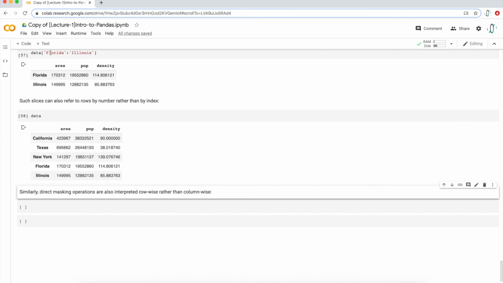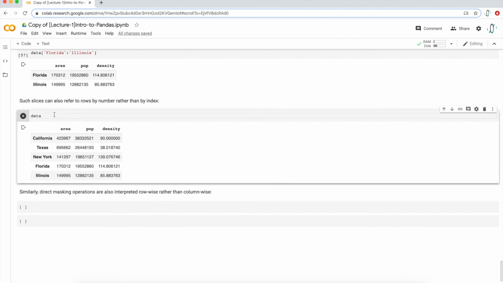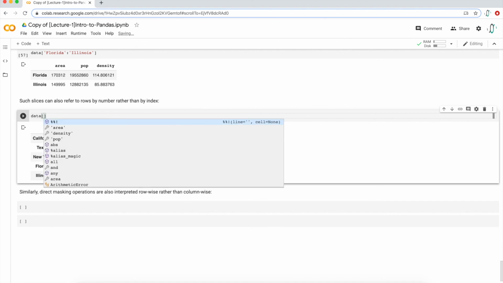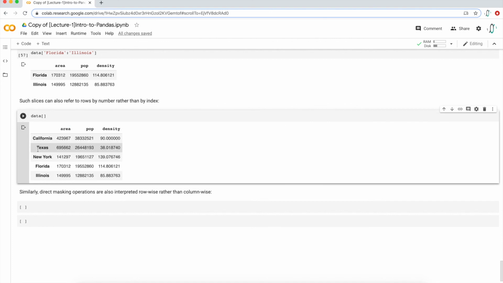We can call it by its name just like above here, but if we wanted to use numbers instead of strings, we can refer to Texas, which is the second row, with its index position, which is 1, right? And just to drill this concept in your head, the first row is always the 0 position, so the second row will be a value of 1 in an index, like an index of 1, and then